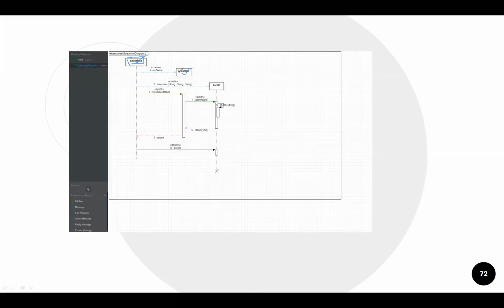As of now, we are talking about the objects. We are not talking about the classes, and we are not talking about the methods. So these rectangular boxes represent the object of the interface, the object of the teacher, and the object of the user. Is this clear first? Okay.